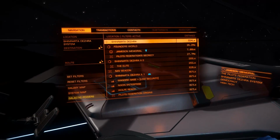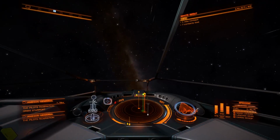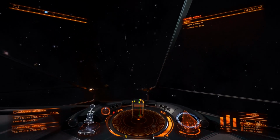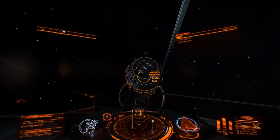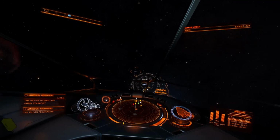Okay, let me just lock it in. I wasn't quite sure why the holograph of the station was not moving, but